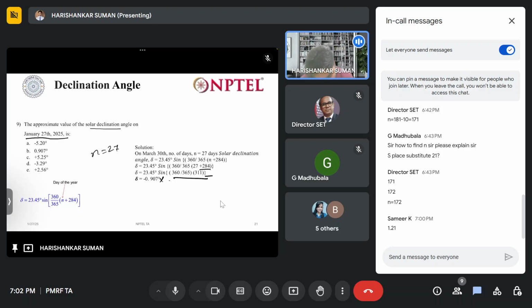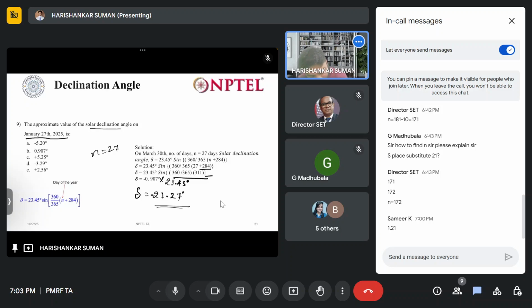Sorry, also multiply by 23.45. This will be minus 21.27. So the answer is,